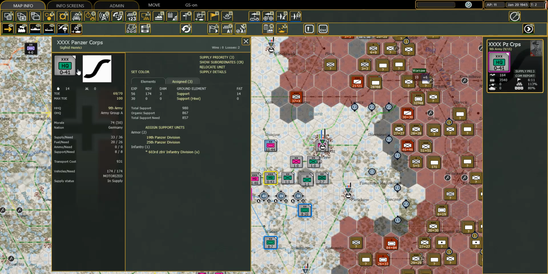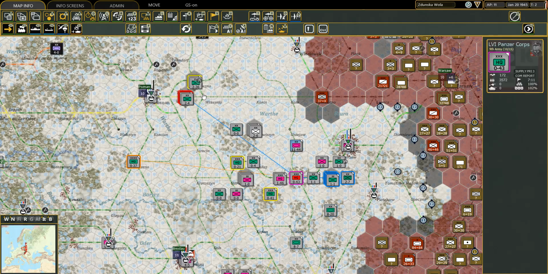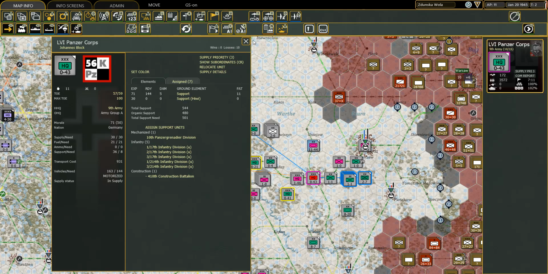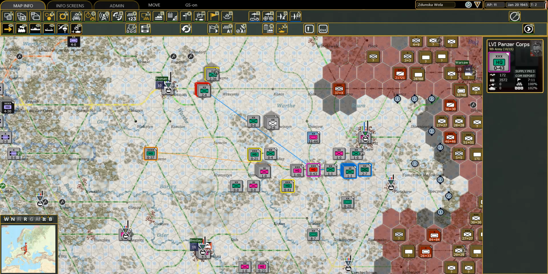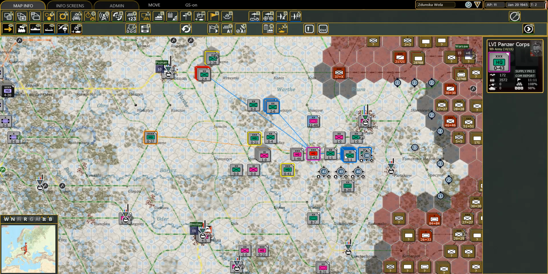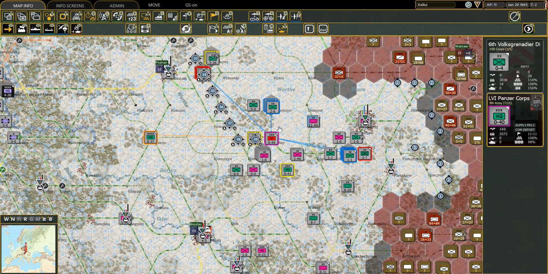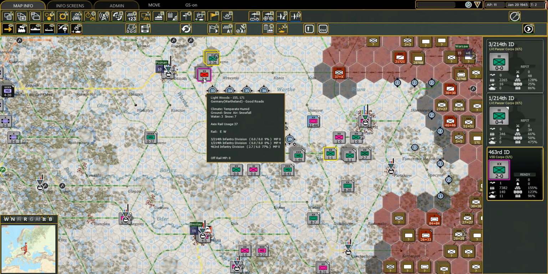The question is, which one is better? Heinrich C is a 6-5. He's not particularly great. And Block is better, so let's... But they have no support units. Okay. Interesting, okay. Let's put them under the 56th then, though. One, two, three, 4, 5. Nope, too far. Let's put them here. They don't have those units under control now, but